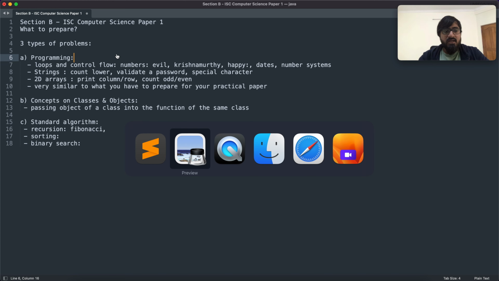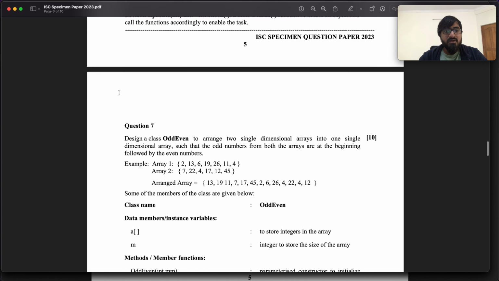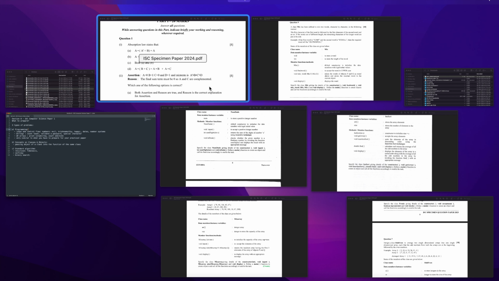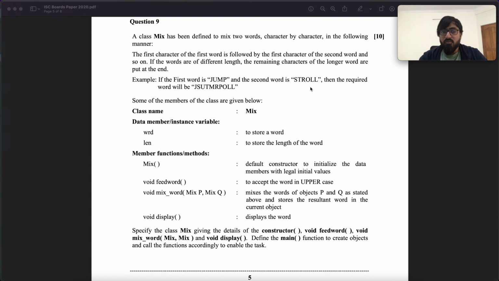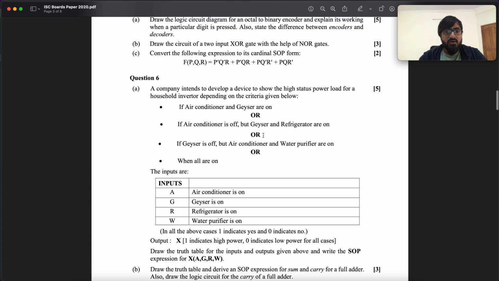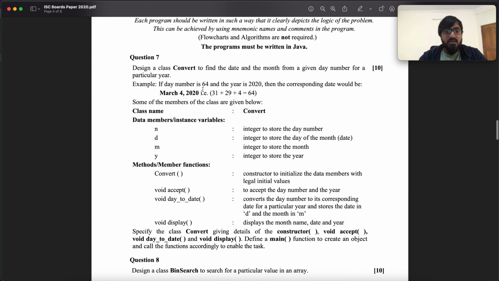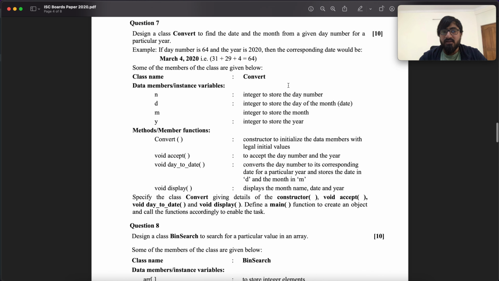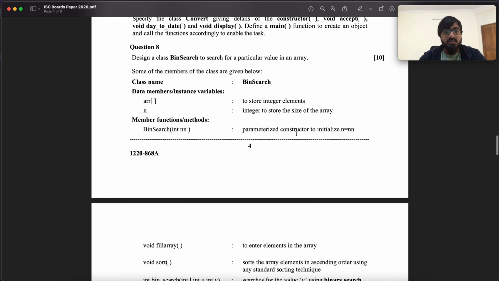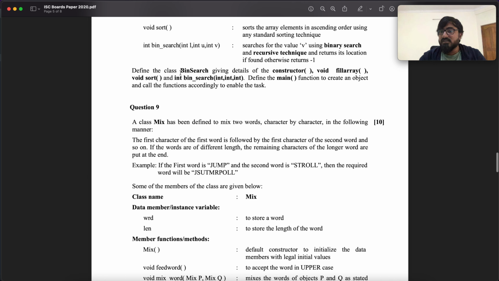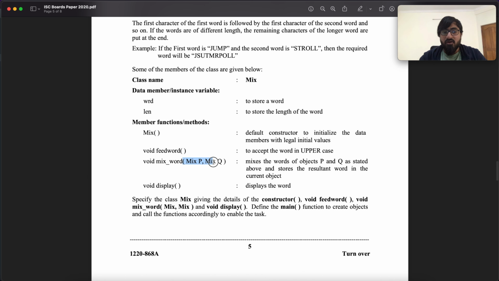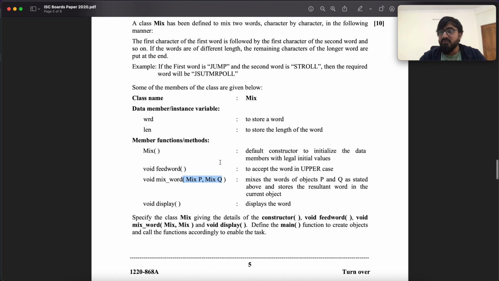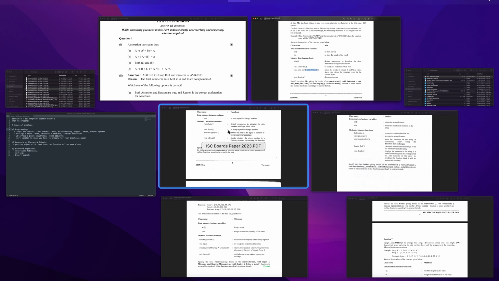Okay, so once again, looking at the previous year's papers, I just want to show that questions are from one of these categories. So going to boards 2020, going to section B. Okay, so you see this question is a date question. Okay, this question is about binary search, a standard algorithm. The third one is about taking objects of the same class within a function of this class. Okay, one from each of these categories. Going to specimen